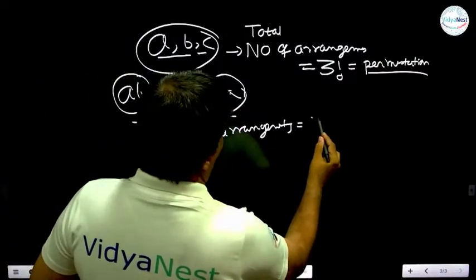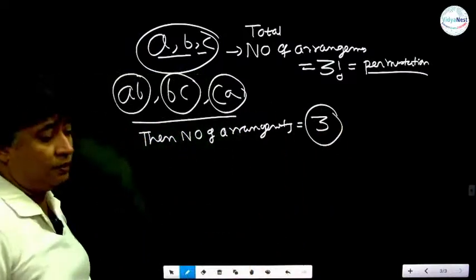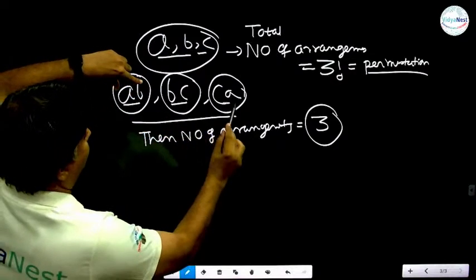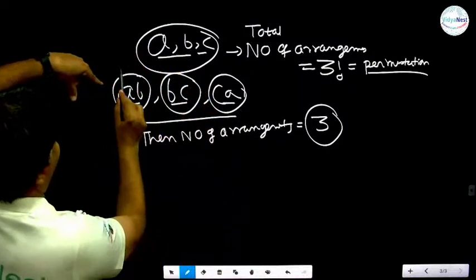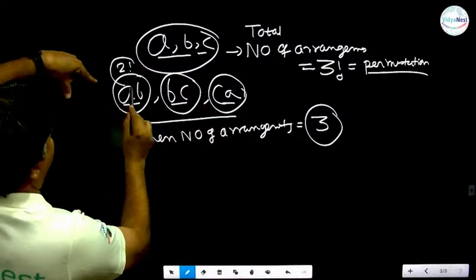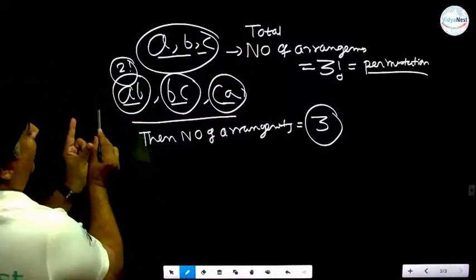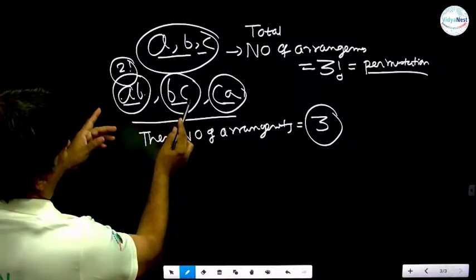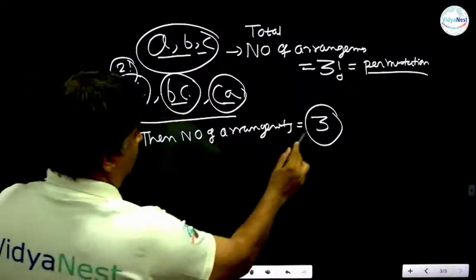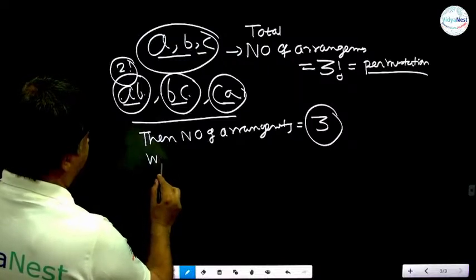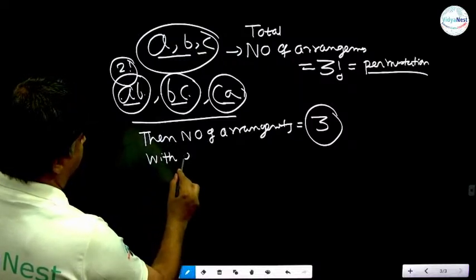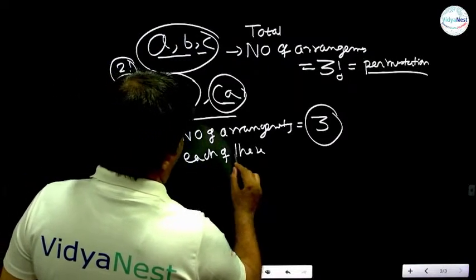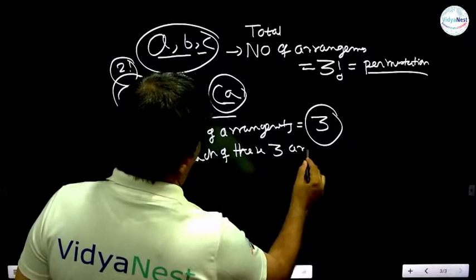Yes or no? 3. But with each arrangement, there will be factorial 2 inner arrangements. Why? A can go there, B can come here. B can go there, C can come here. So with each of these 3 arrangements,